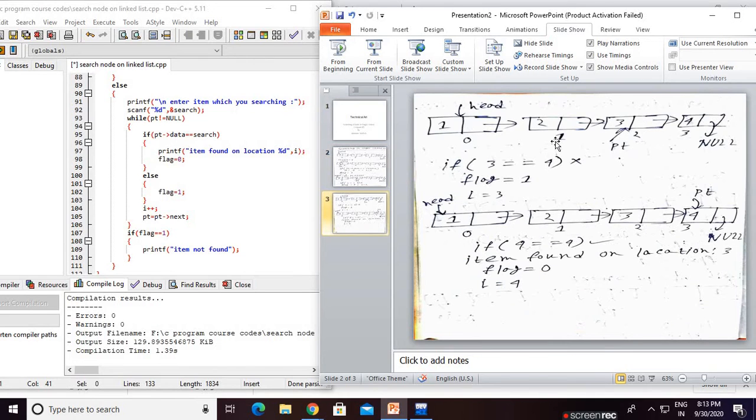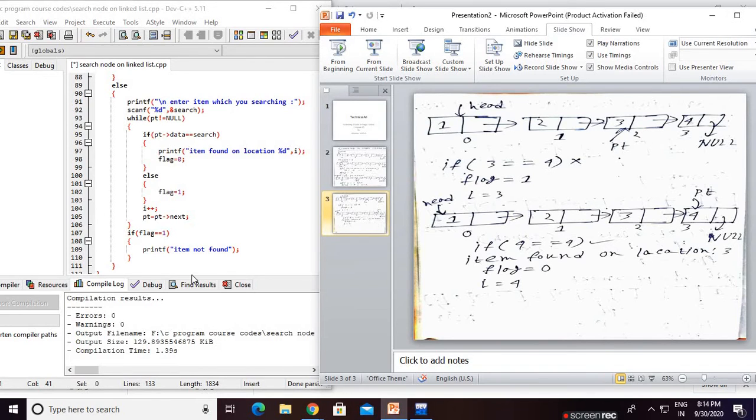Okay. So now, after updating, this is the list. Head is obviously not changing. The head is pointing to the first node now. So PT previous, PT is pointing to the second node. Now PT goes to PTR next, means PT is pointing to the third node, means updating PT. PT is now pointing to the third node. PT is now pointing here.